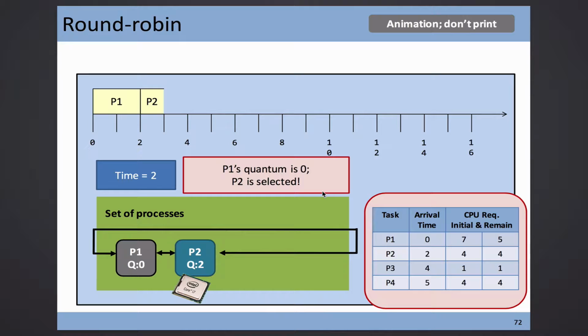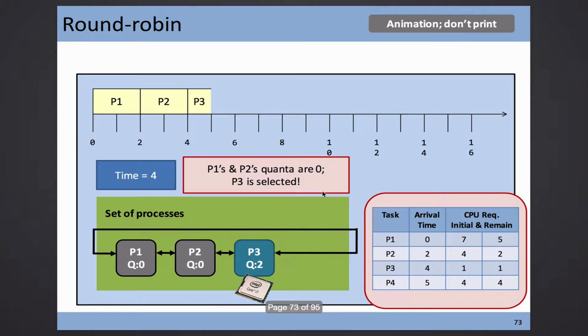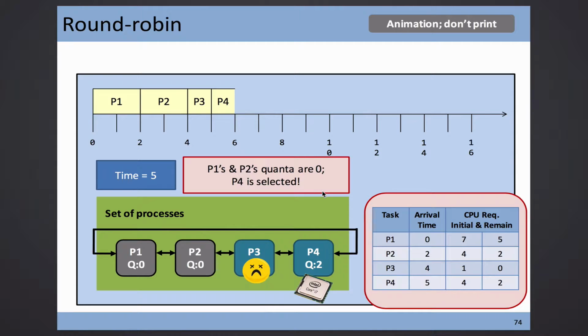And after 2, this guy will use up his quantum, and at the same time, one more process comes. So I will do scheduling like this. These 2 guys use up their quantum. Now, this guy won't use 2 quanta, but only 1, because the CPU requirement is just 1, and then it dies. I created the scenario so that at the same time, this guy dies and this guy comes in. So I still ignore these 2 guys. I do a scan: you have quantum 0, quantum 0, oh, this guy is quantum 2. I pick this guy up and let the CPU run it.